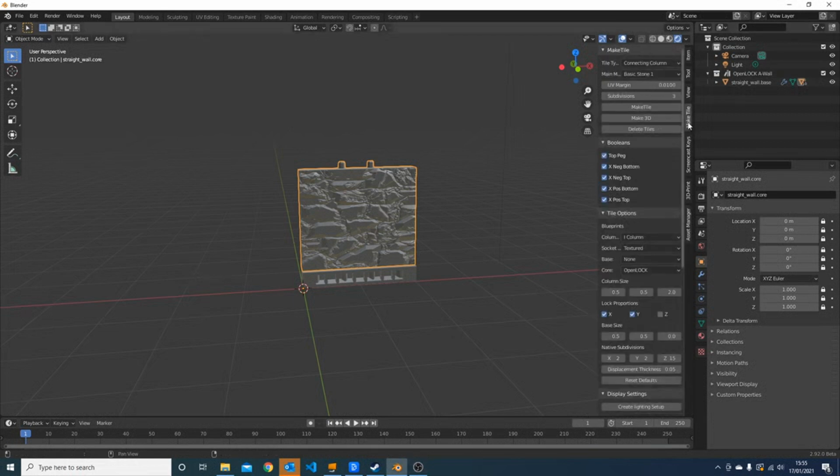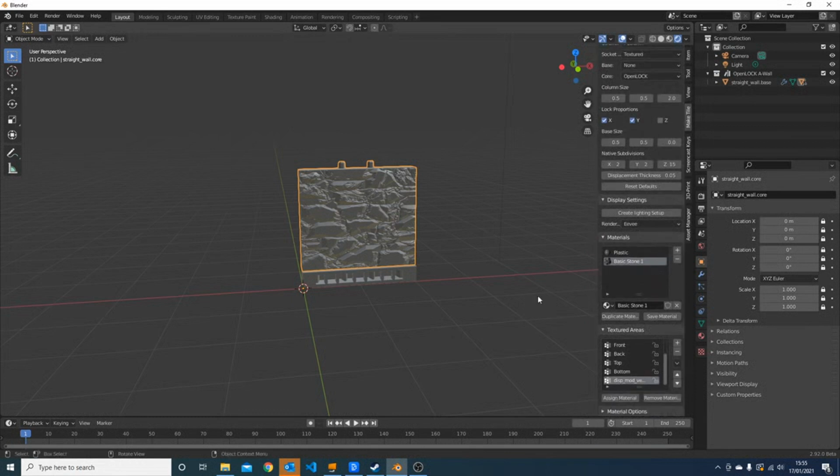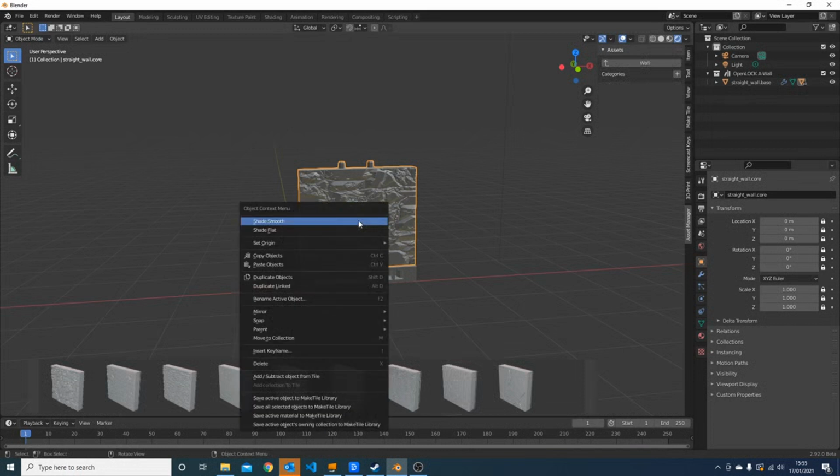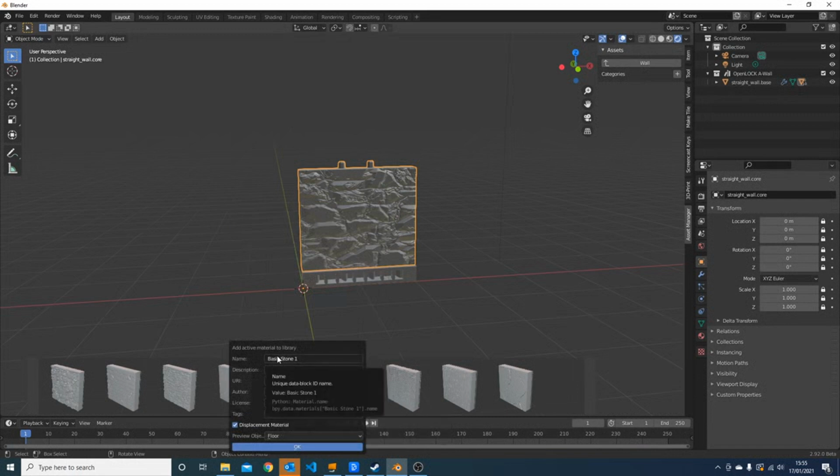The first one is you can come down here and you can just click on Save Material in the MakeTile menu. Or you can navigate to the category where you want to save your material and just right-click and click on Save Active Material to MakeTile Library. Now this will bring up the usual pop-up menu and you can fill out the details, and there's two other